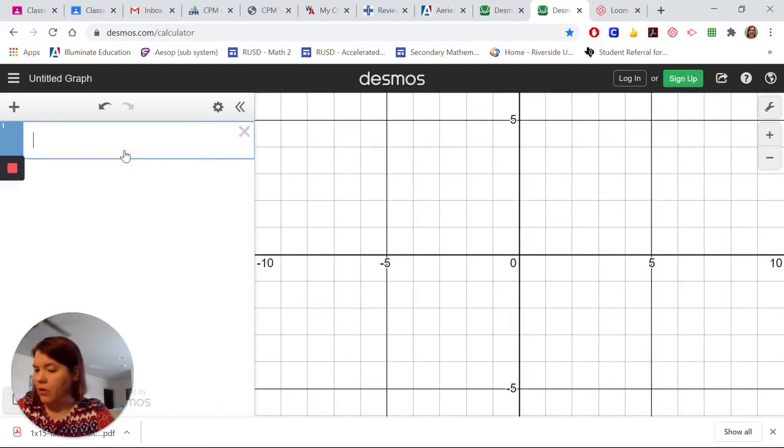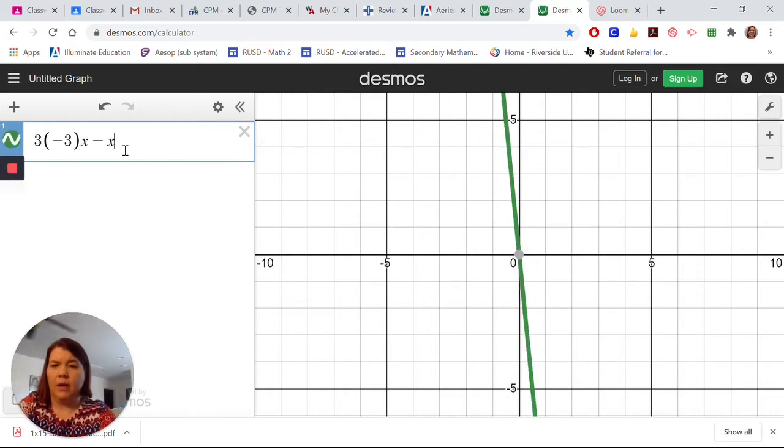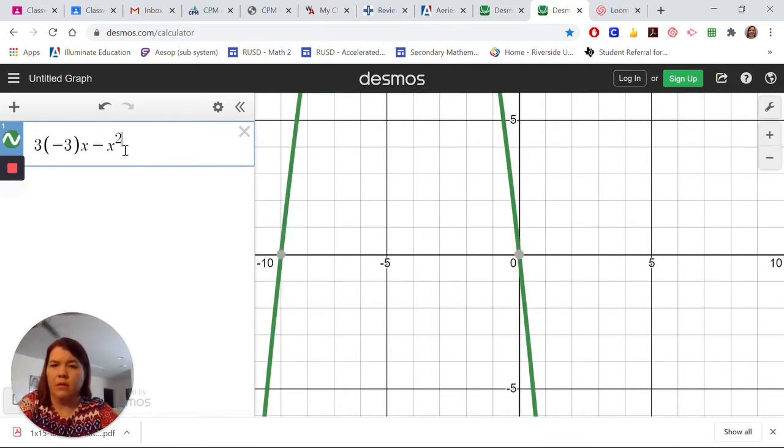And so we're going to go here. We're going to have 3, and we said k was negative 3, x minus x squared. Okay. And that's only true in curly braces, x is less than 2. Okay. And so then I'm going to go down here